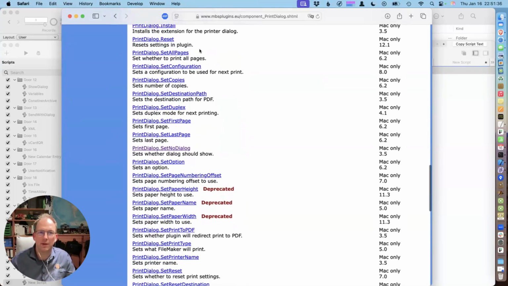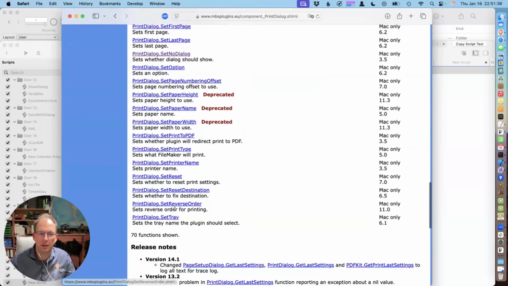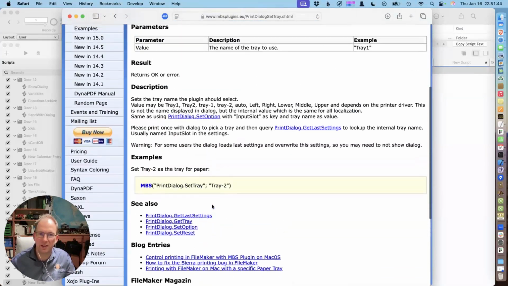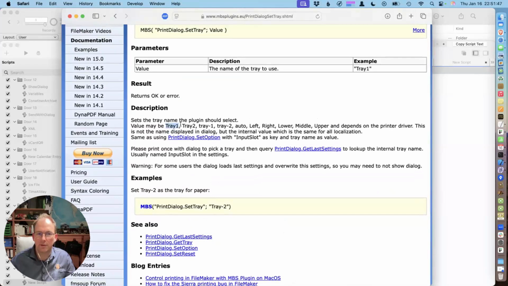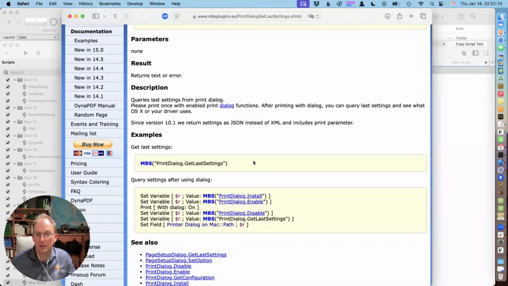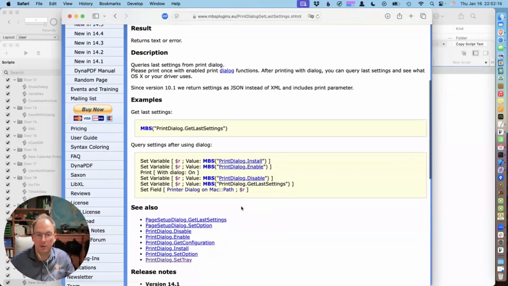A lot of options: copies, whether to print all pages, first page, which tray to pick. With the trays on Mac, the trays have different names. So some printers have tray 1, tray 2, some have tray -1, -2, but some have names like auto, left, right, lower, middle, upper. So the usual thing is to print once with the plugin enabled, to watch for settings and use the get last settings function to get you the JSON. Mm-hmm. Yeah, and see which options you picked in the dialog,